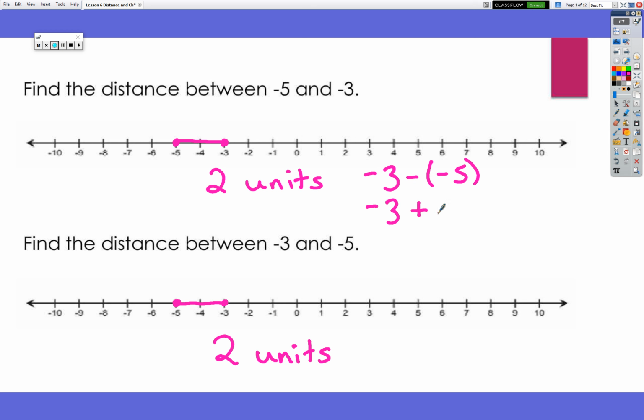The opposite of -5 is +5. Now we have different signs, so we subtract and take the sign of the larger number. 5 minus 3 is 2. The number with the larger absolute value is +5, so our answer is +2, which goes with the distance that